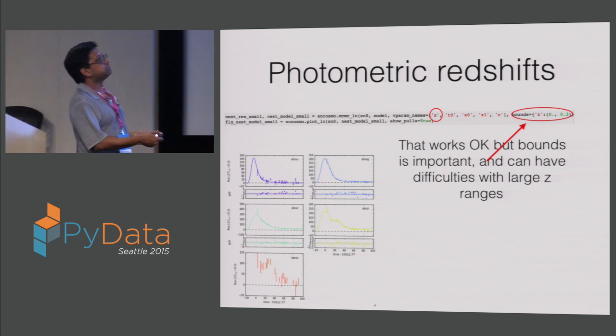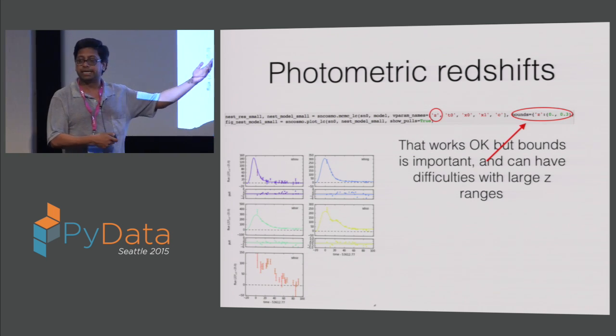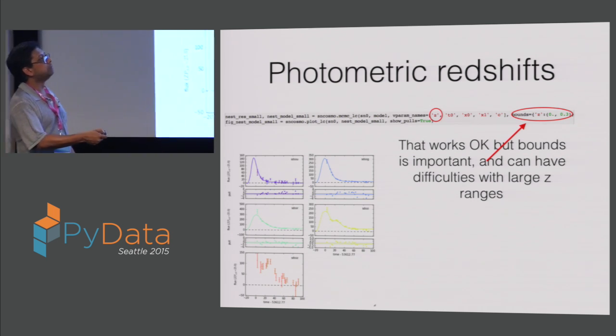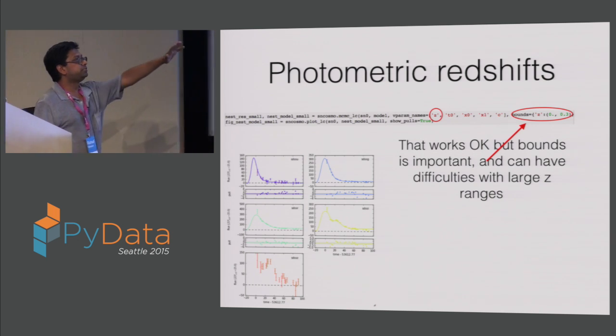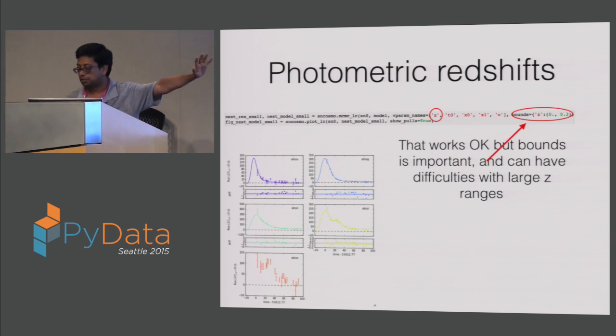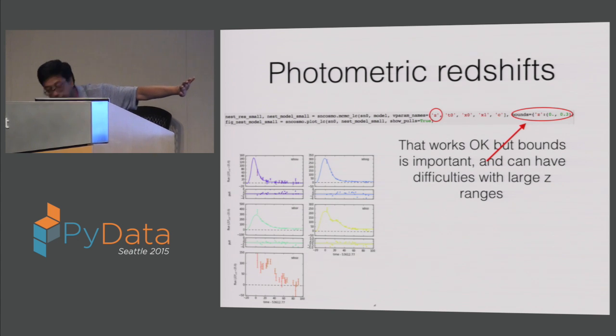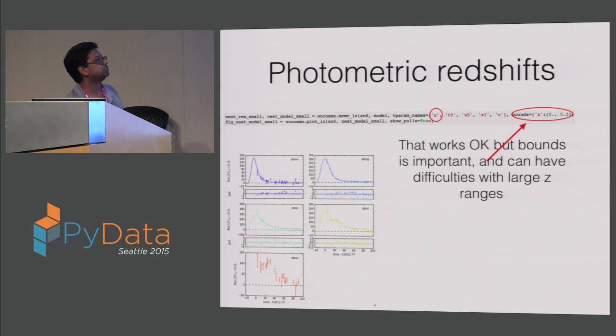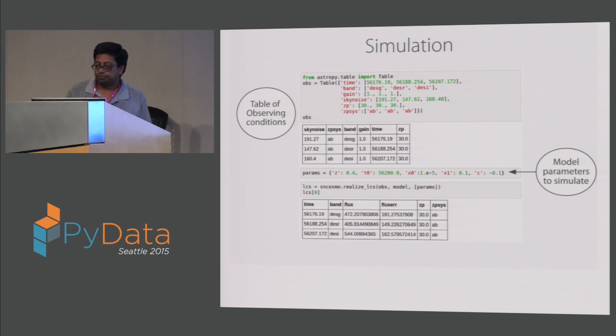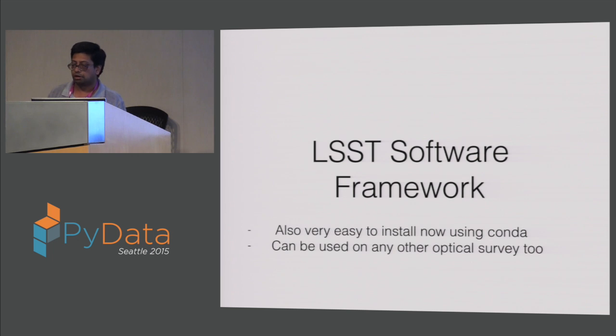If I were to change this bound, in this case I was lucky, I knew reasonably well what this was. But if I change this bound and make this a much larger thing, then I'm going to have trouble with it. And that's actually one of the complicated situations that we are running into. And it stems from the fact that the template that we started with is finite. You can do simulations, and I'm going to just skip over that